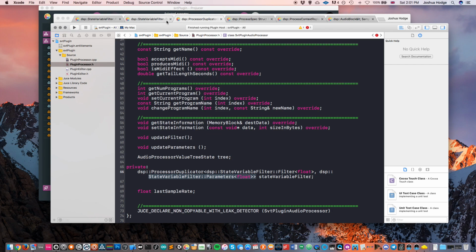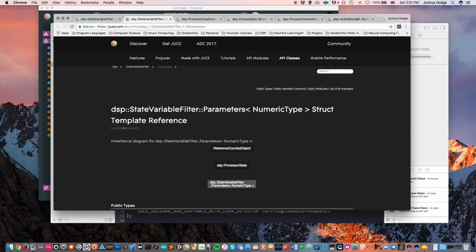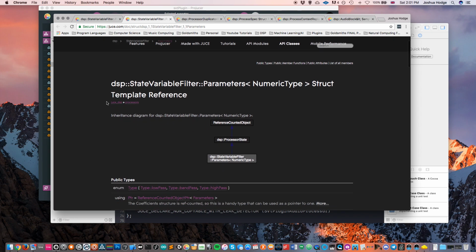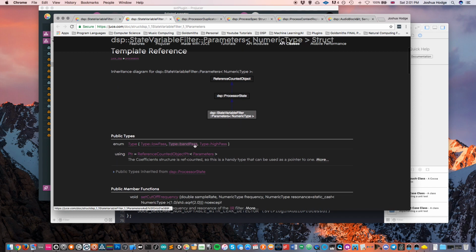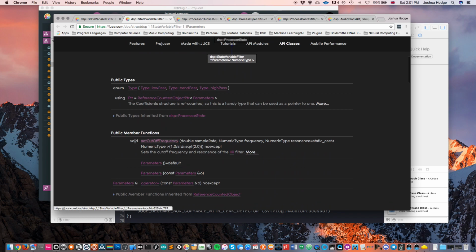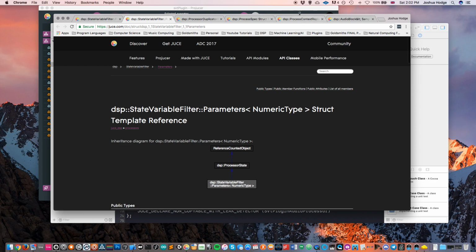I want to change the parameters. Okay, and then if we go into the parameters class here, I'll show you what I mean. So here is where we could do low pass, band pass, and high pass, okay? Then we can also set the filter cutoff frequency. So basically, that's why we're going into this parameters